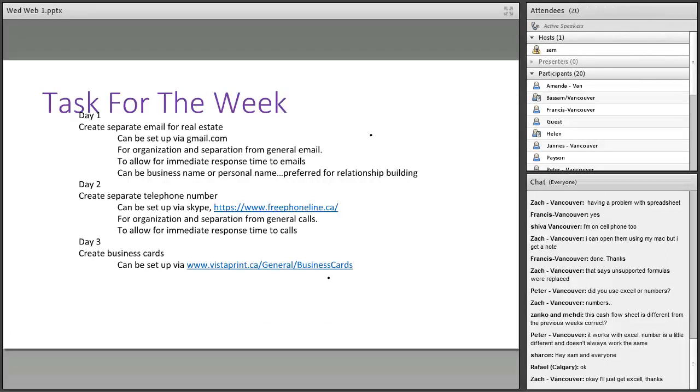Create business cards. It can be set up via Vistaprint. They've got a good program. There are some other print shops you can use. Office Depot could be done. There are tons of places you can do it. For the sake of simplicity, it's totally up to you how you create that business card, but I will tell you that I'm a fan of simply a name and an email address. I wouldn't even put a phone number on it, because this way you can control the communication, right?